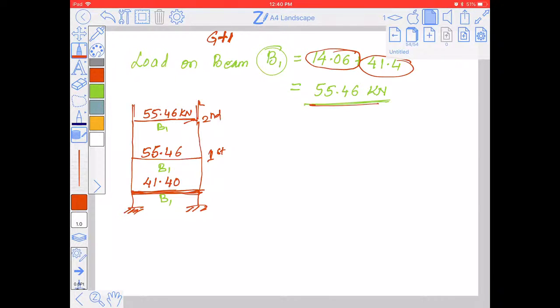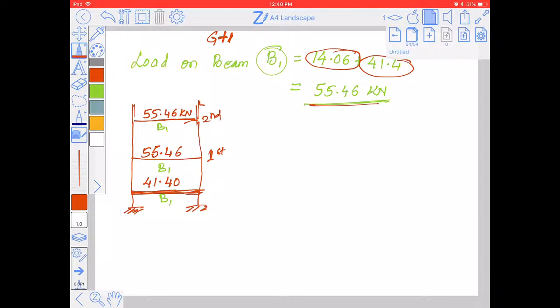Actually, if there is a clear distance of 3 meter, the wall height will be less by 150 mm because of the interruption of the beam. So the height of wall will be around 2.85. Still we are taking 3 meter, and because of that I am neglecting the self weight of the beam. Is it clear,